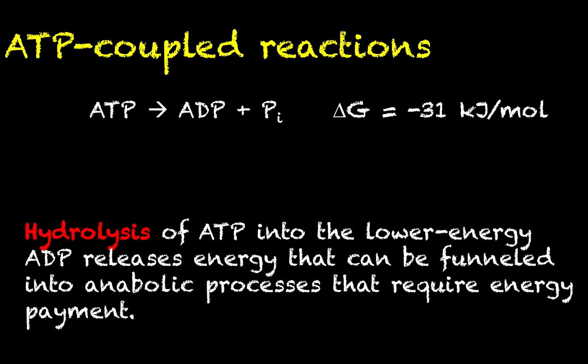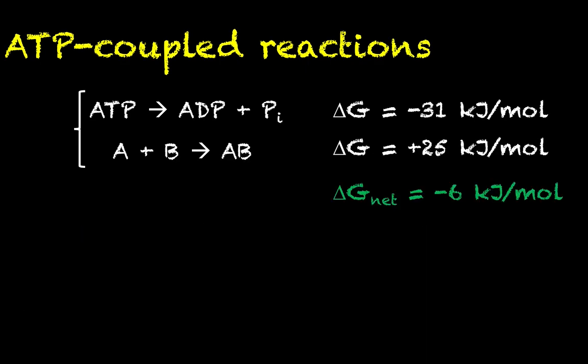So hydrolysis of ATP into the lower energy ADP form or the even lower energy AMP form will release energy that can be funneled into anabolic or endergonic processes that require some sort of energy payment. These are called ATP-coupled reactions. If we imagine an anabolic reaction that takes the form of A plus B to give us AB, and if we say this reaction all by itself has a delta G of positive 25 kilojoules per mole, which is non-spontaneous and endergonic,